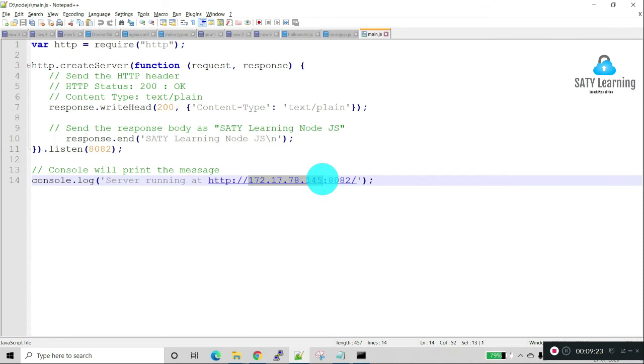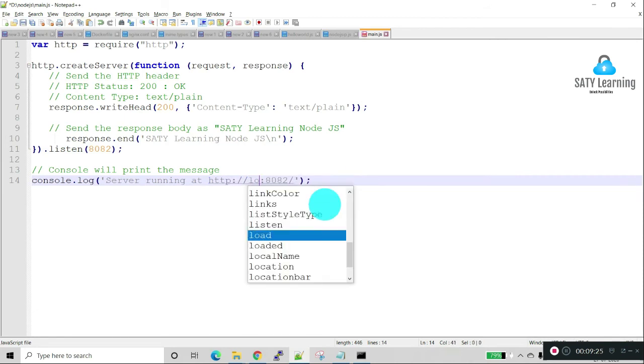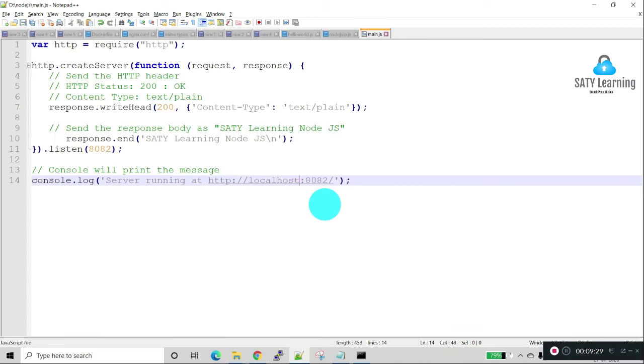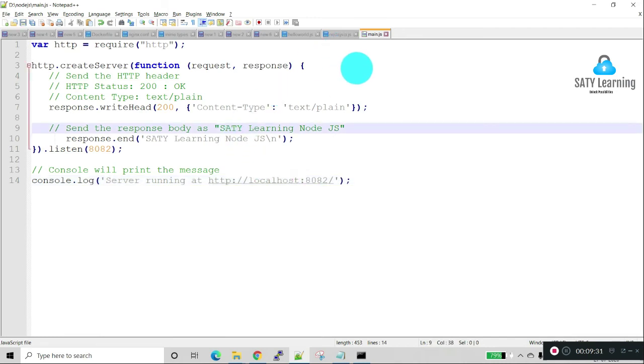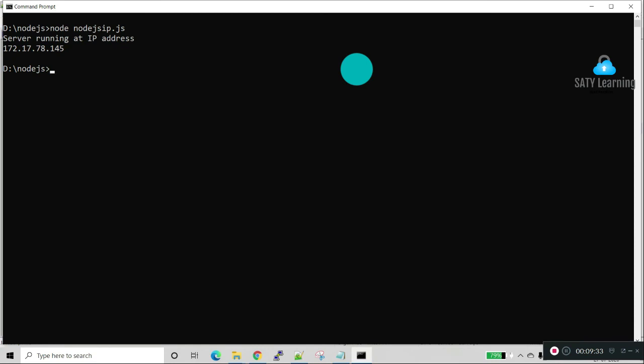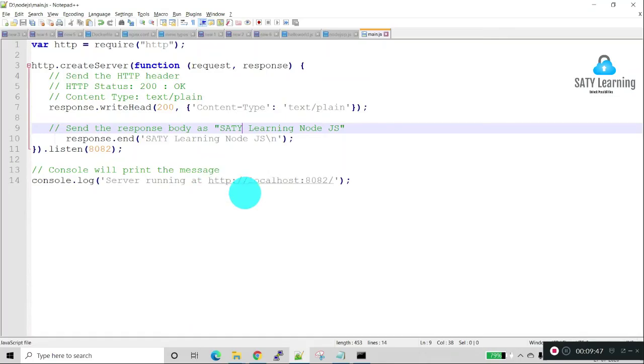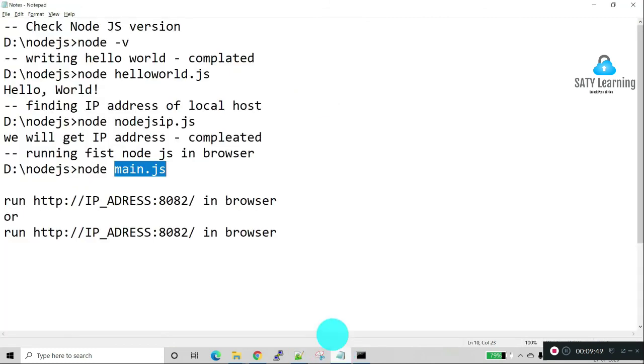Here I am changing this to localhost. Then node main.js. Now the server is running at localhost on 8082. So let's run this program in our browser.